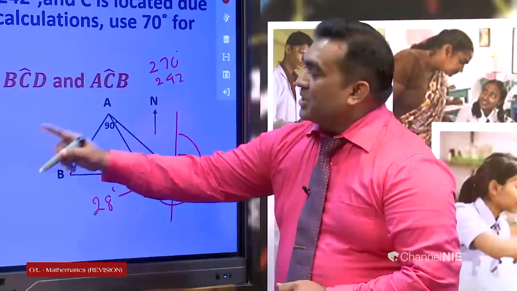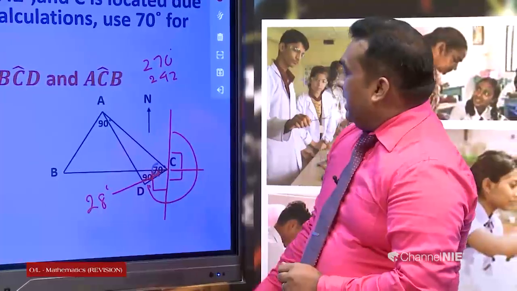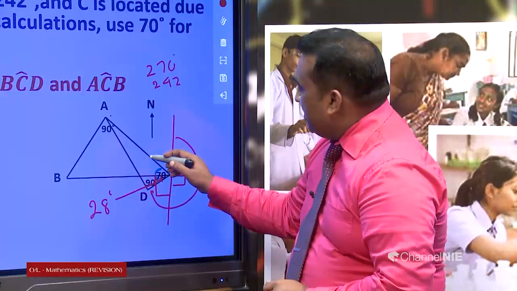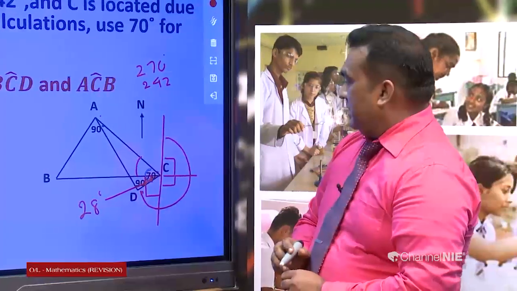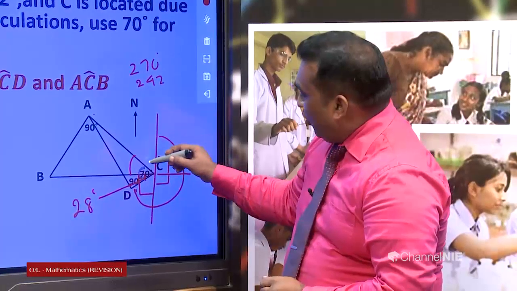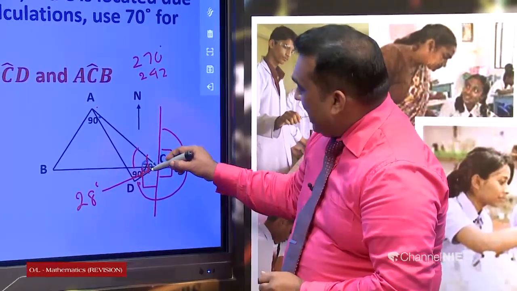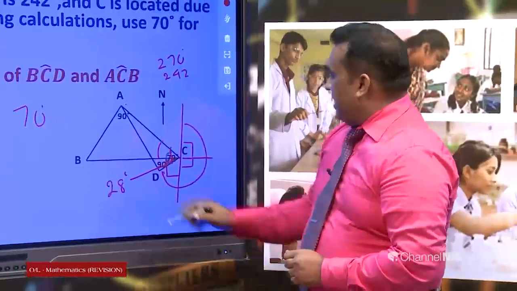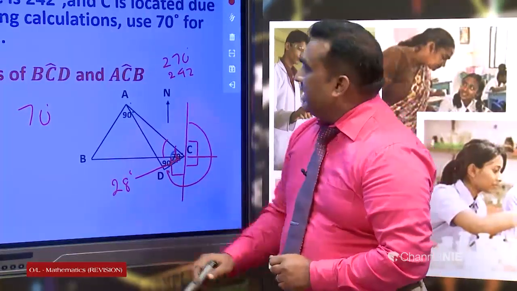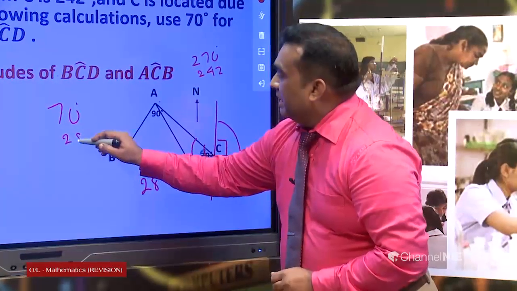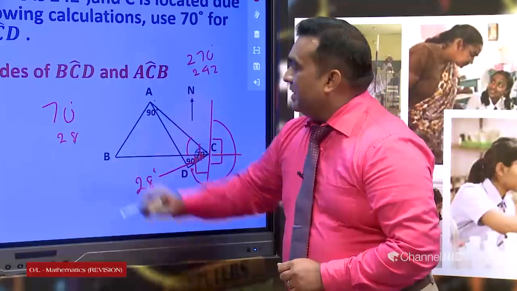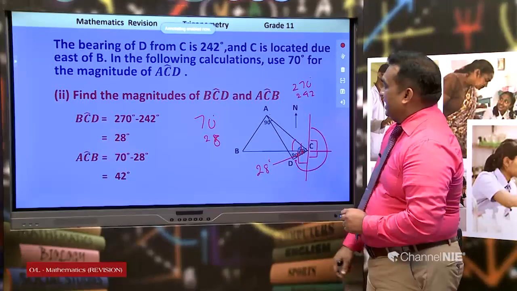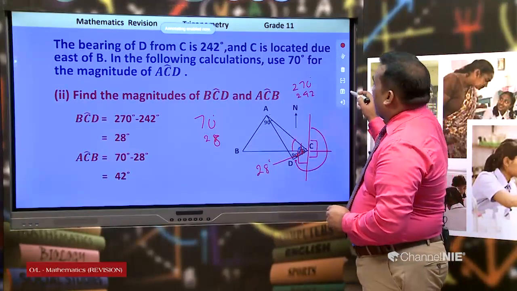Then they ask to find angle ACB. ACB means this angle. You know that this whole angle is 70 degrees. BCD, that is 28 degrees. Taking the difference, 70 minus 28, 42 degrees. Now,